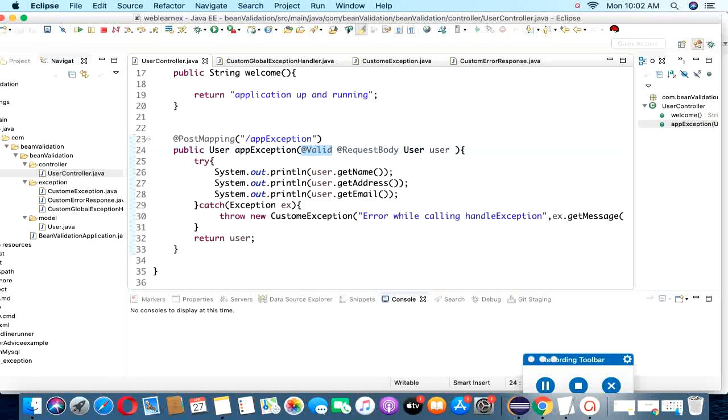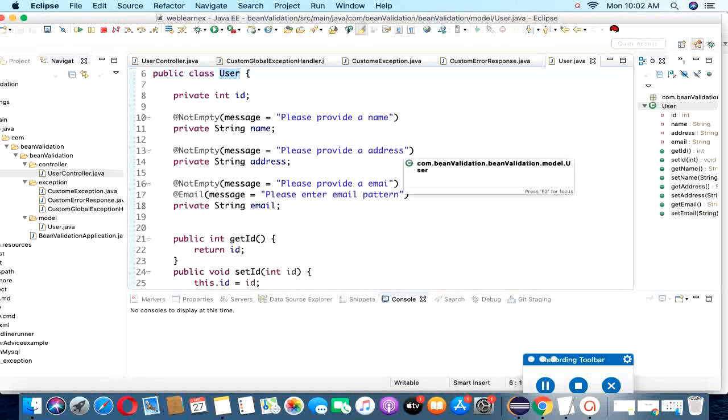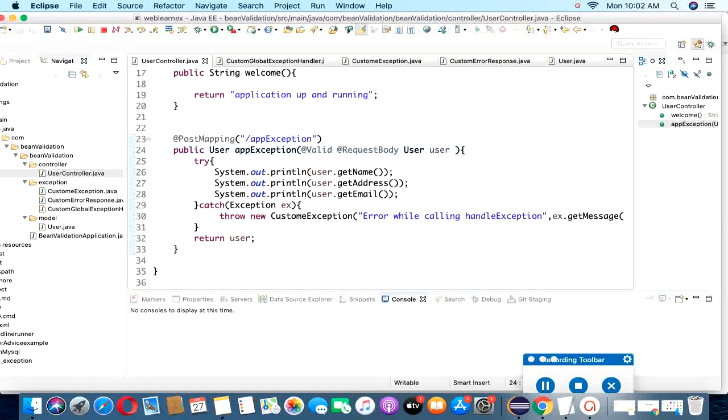Meaning if I submit some user request, then all these fields, name, address and email ID, should be mandatory. If not, then the @Valid annotation checks whether all this user information is entered or not. If it is entered, then it will show all this information.